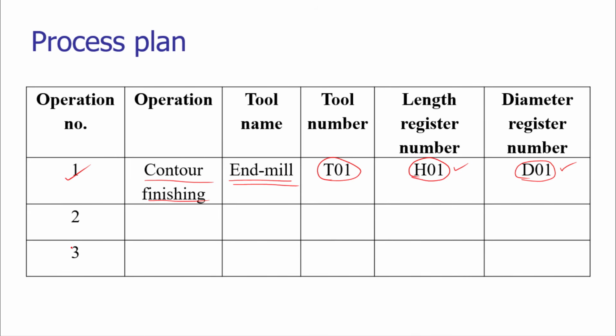If we are adding the drilling features as well, or we are adding certain other features, say form machining features, then we can add these operations after the contour finishing, or even we can change the sequence based upon the optimization, based upon the convenience of the user.